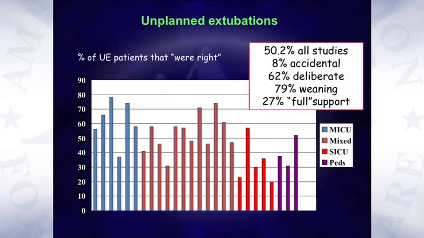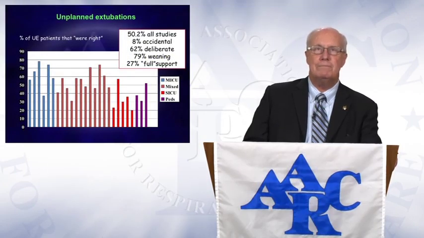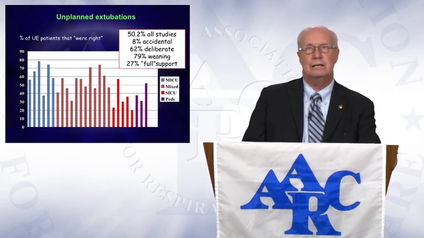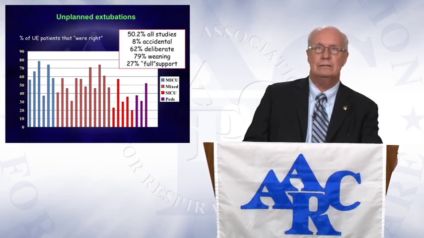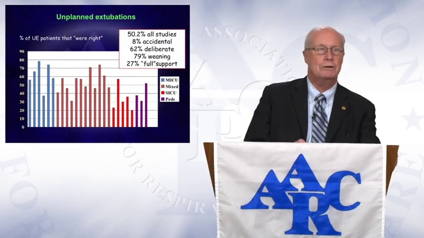Another way of looking at this iatrogenic problem is unplanned extubations. And this is a large collection of patients I borrowed from Scott Epstein. What I want you to look at here is that you will notice that the majority of patients who accidentally extubate themselves, or maybe intentionally extubate themselves, they're actually right. They're correct. They can thrive off the ventilator. So again, very important that we are vigilant in making sure that our patients are being regularly assessed for their ability to come off the ventilator, because often we can miss it if we are not careful.